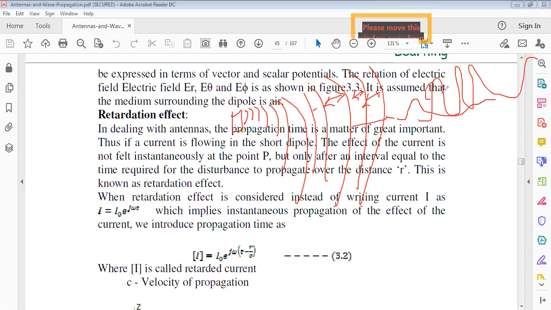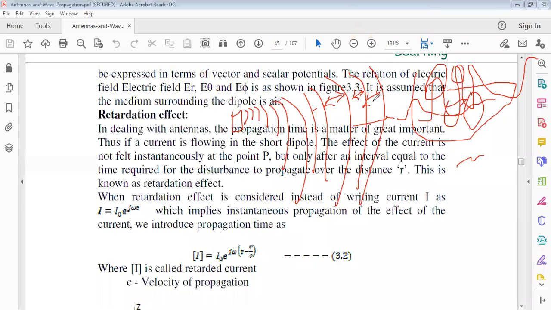This is the result of acceleration. This is the result of retardation. This is the result of acceleration. This is the result of retardation. Acceleration and retardation. We just have to show the expression for that acceleration and retardation here. That is basically called the retardation effect. And instead of the wave flowing continuously, there exists some lapse because of this retardation effect.